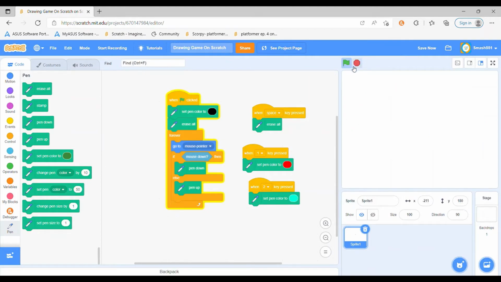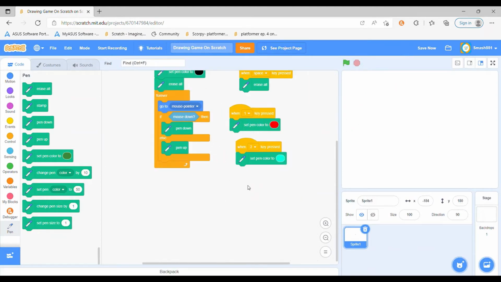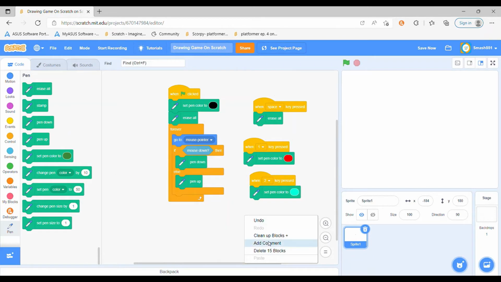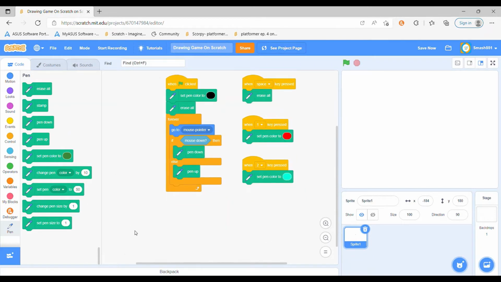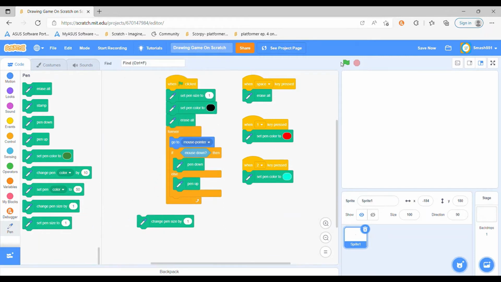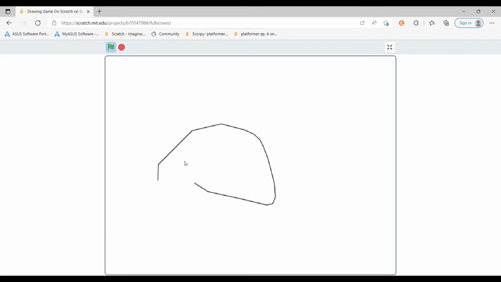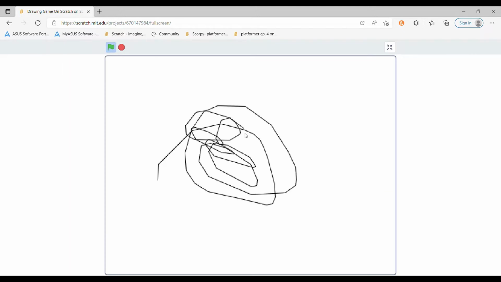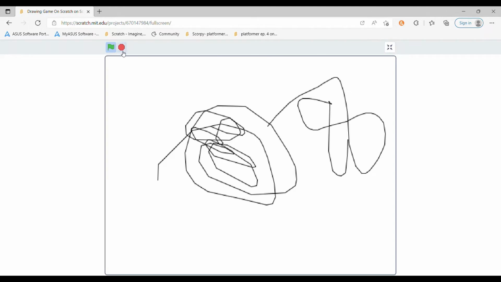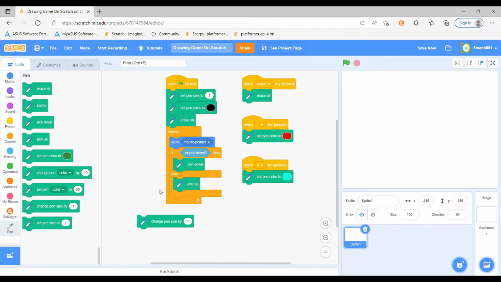So next up we will make a thickness chooser. So first of all, set pen size to 1 at the starting. So it's the most thinnest, which is this, just a thread like thing. Okay, next take this change pen size by. Now